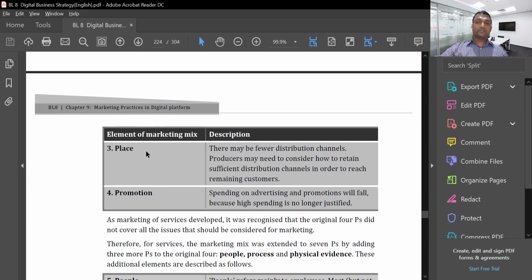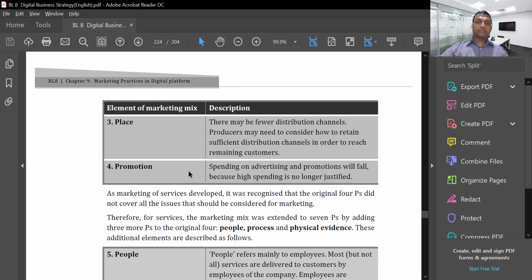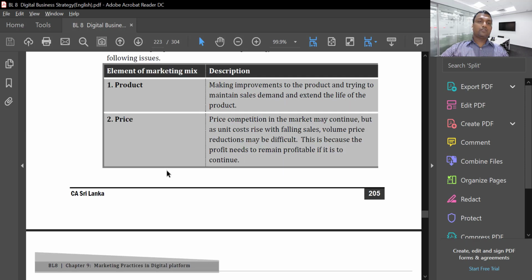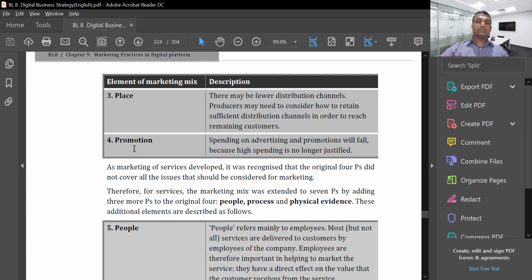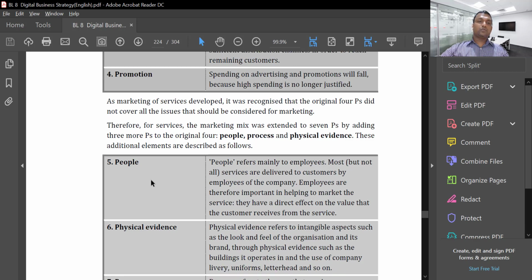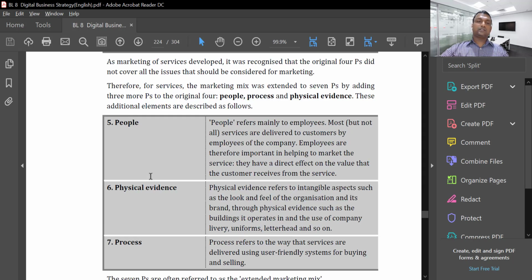Then number 3 is the place. How are we going to distribute it, from which channels to which location, and which group of people should we make these products available to? So place. And the fourth one is how the promotion is going to happen, how the spending on advertising and promotions will happen, so the expenditure for that. These are the 4 P's, or the original marketing mix. And then this is extended. When marketing services developed, there were certain products where these 4 P's were not enough when a marketing campaign is designed. So the marketing mix of 4 P's was extended with these 3 areas: people, physical